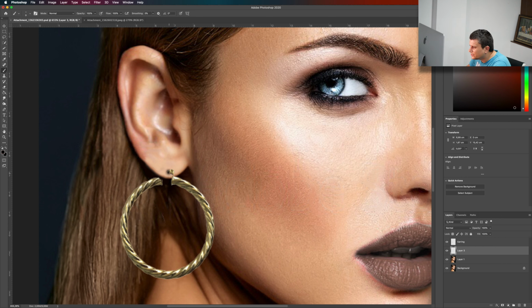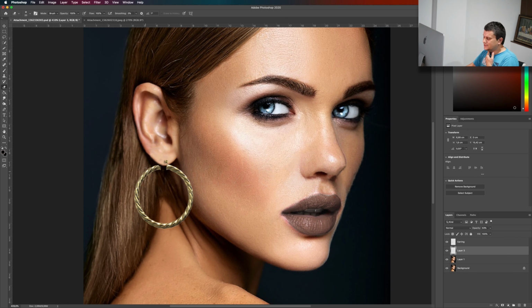And lower the opacity. I will erase with the eraser tool a little bit, like here, so that it looks like it's pinched in the air.